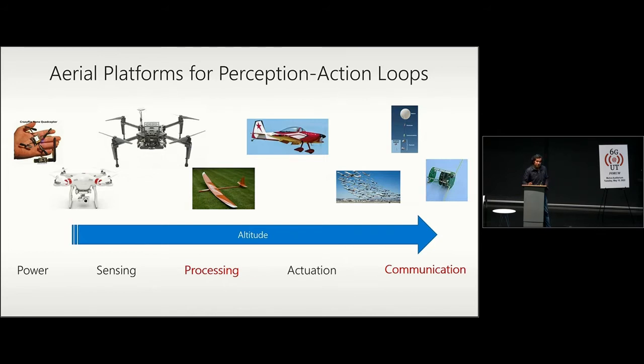And of course, communication. And this is the interesting one. For the large form factors, they have a big payload. So communication, sure, you can carry a lot of payload, but the problem is connectivity. Whereas as you go on the low side of the spectrum, you can't carry a lot of payload. Sure, the connectivity is there. So there is an interesting trade-off, and I'm going to talk a little bit about it.